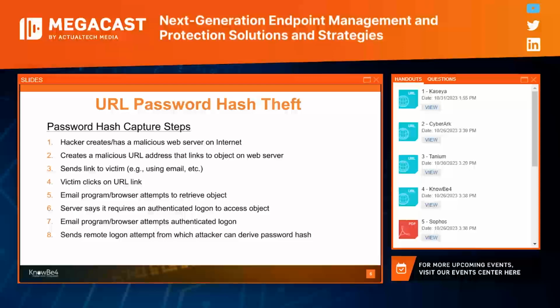So the first one is this idea that I can send you an email that, if you just simply open it, or most of the time I have to get you to click on a link, but the link in that email can trick your system into sending a Windows integrated authentication challenge response to a hacker server that reveals your password hash. So let me say that one more time. I can create a URL as an attacker, send it to you in email, and all you have to do is open the email, although most of the time, 99.9% of the time, you have to click on the link, but it's not that hard to get people to click on links.